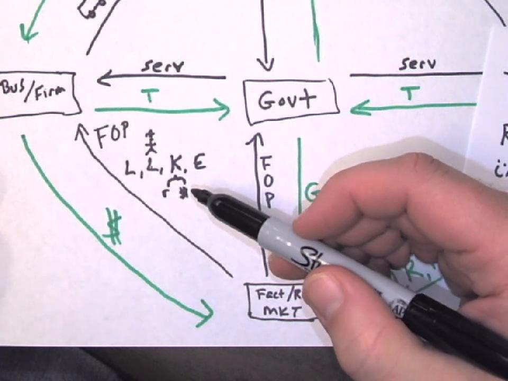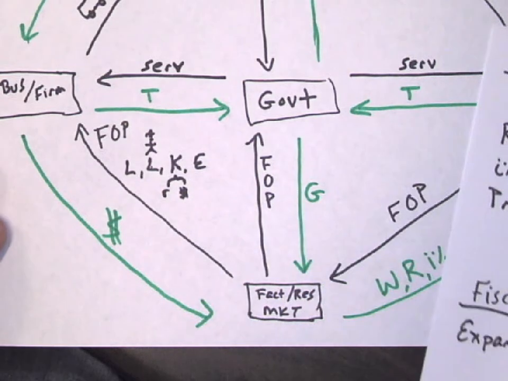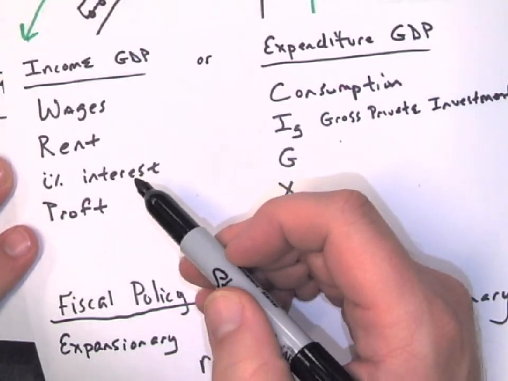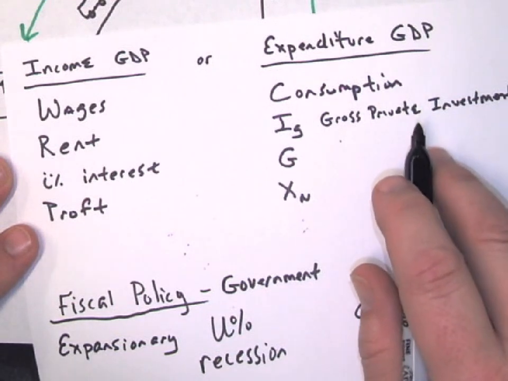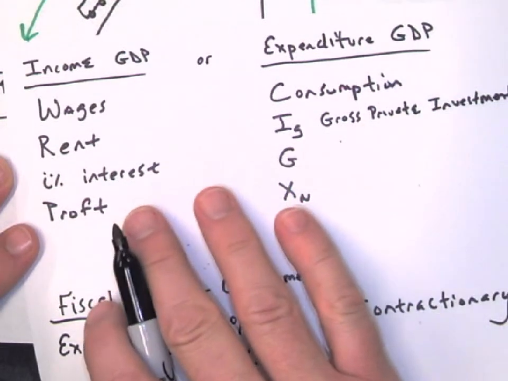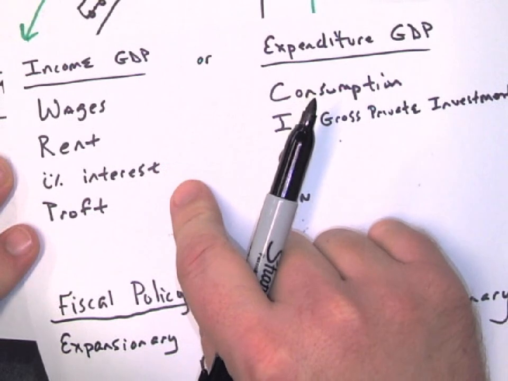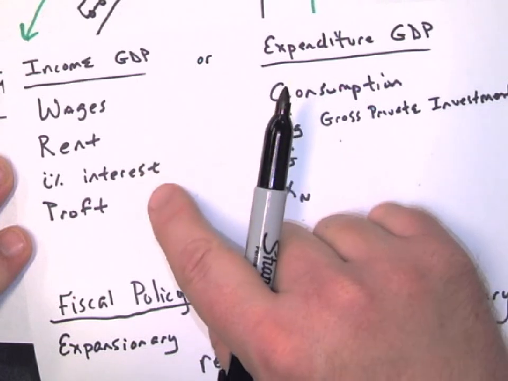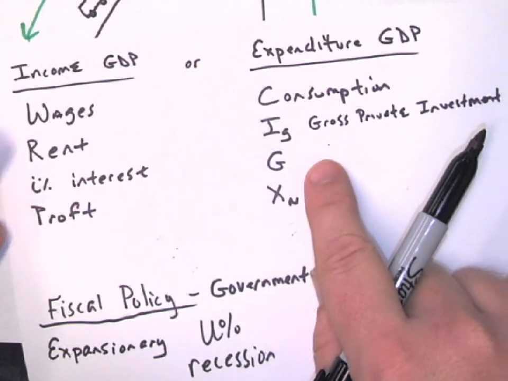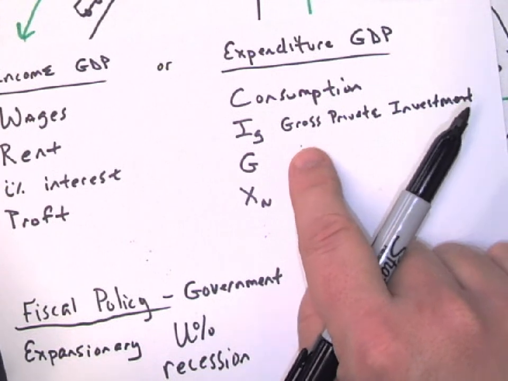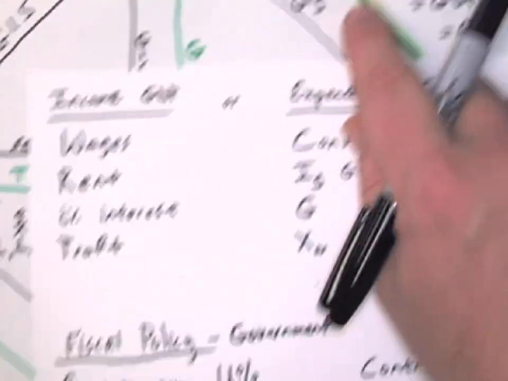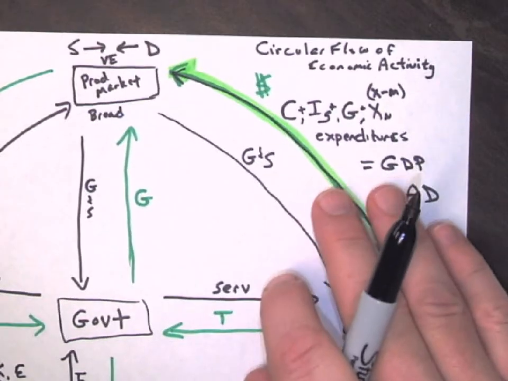So whenever you have financial capital, you're going to purchase real capital. Now, if you don't have the money to purchase real capital, then the interest rate is going to dictate how much gross private investment will be out there. And that's monetary policy. We'll get to that later. So this interest is actually income. When you put your money in the bank and the bank pays you interest on the amount of money you have in the bank, that's an income form of interest. So later when we do monetary policy, if interest rates are low, people are more likely to go borrow and invest in the economy. So that's one way to stimulate it, to get people spending in the circular flow model, which is right here.